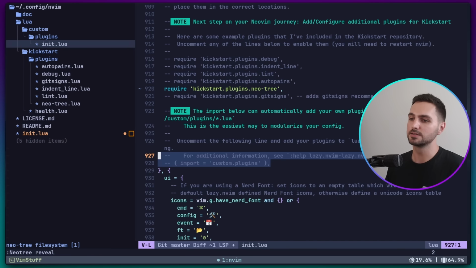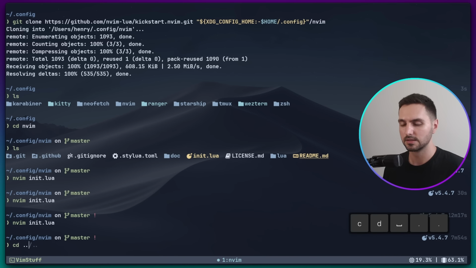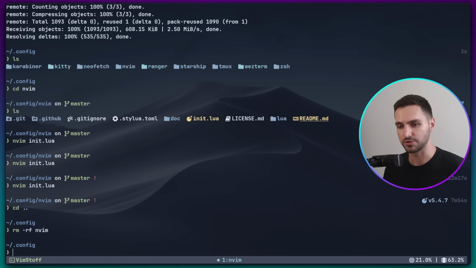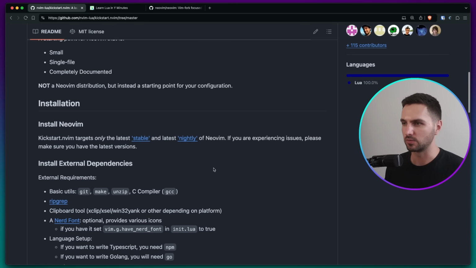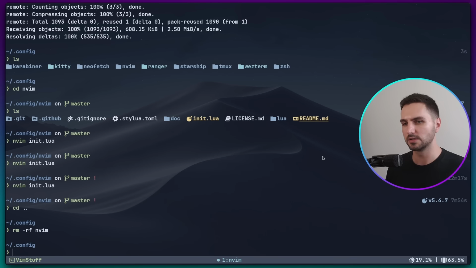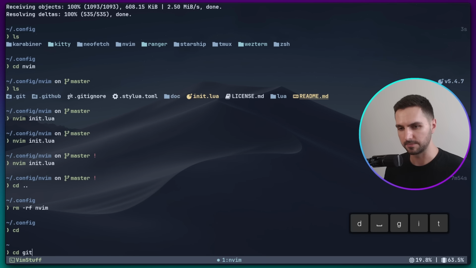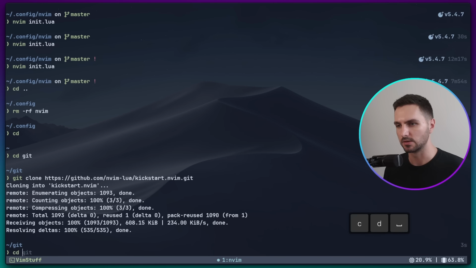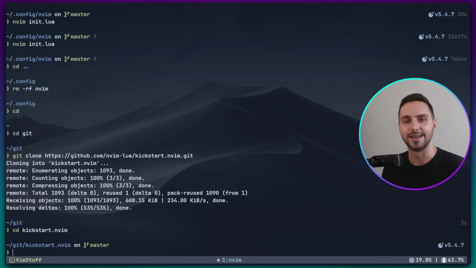So while this is really nice, let's actually exit out of here and go one folder up and remove the whole Neovim configuration again. And now let's go back to the browser, scroll up in the Kickstart repository, copy the URL, go back to the terminal. Now let's go to my Git directory and git clone the Kickstart repo here. Now I'll go into that directory. And now we have a local copy of the Kickstart repo that we can use as a reference to copy